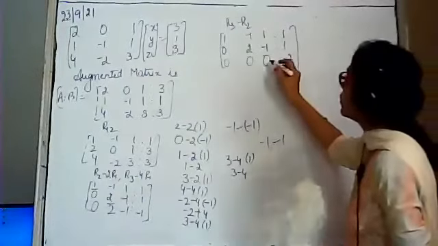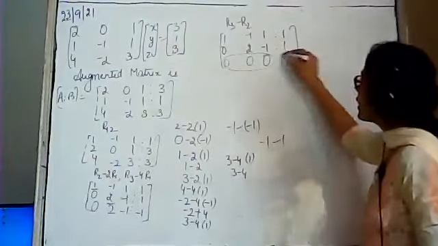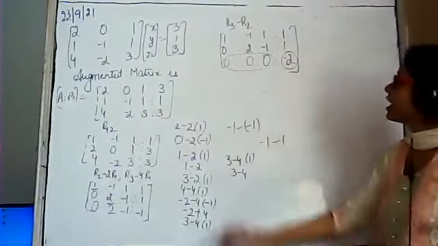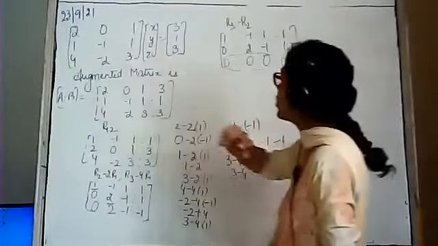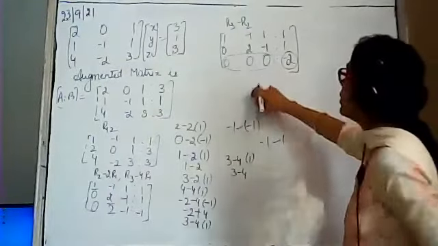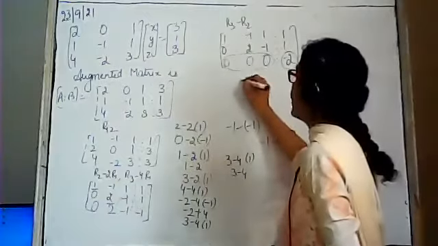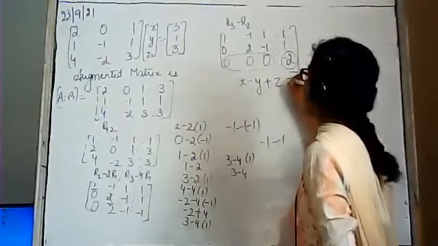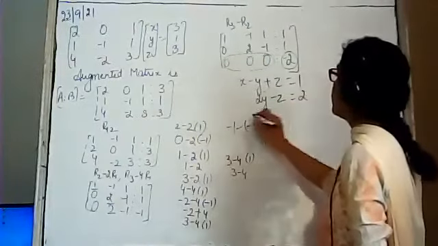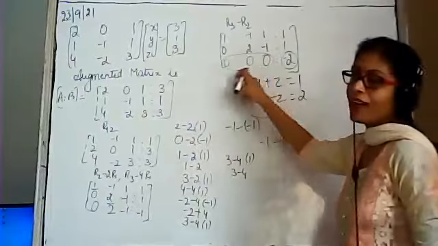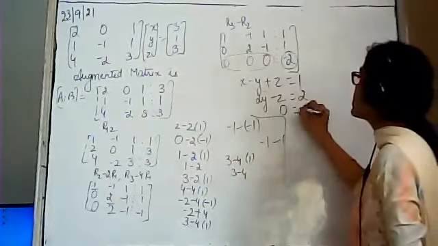Yes beta. Now, this entire row has become 0 for us. Okay, but this term did not become 0. So if this kind of condition comes where the row becomes 0, but we are having number of unknowns equal to 3. Look, whenever you write this matrix in the form of equations, we will be having x minus y plus z is equal to 1. Similarly, 2y minus z is equal to 2. After that, we have nothing in this row. It will be 0x plus 0y plus 0z equals to minus 2.